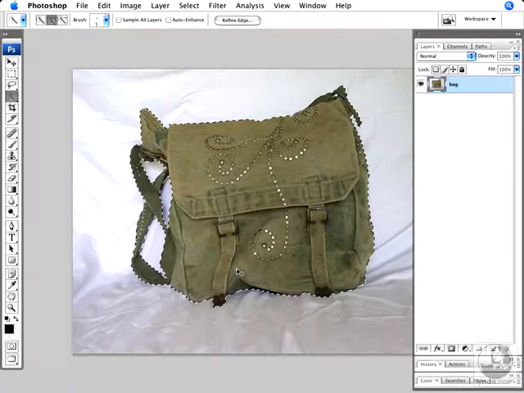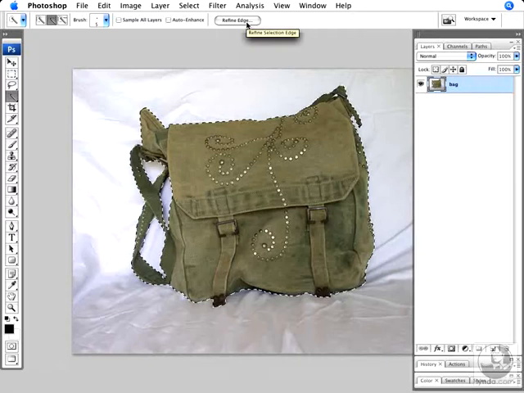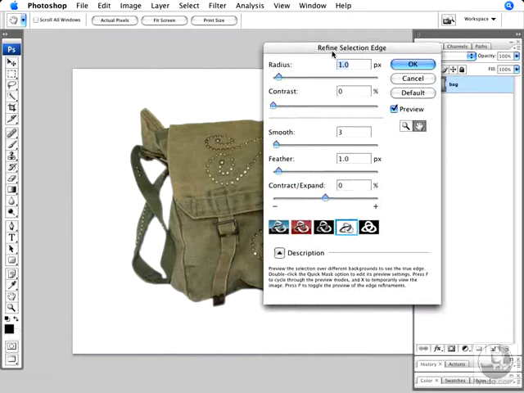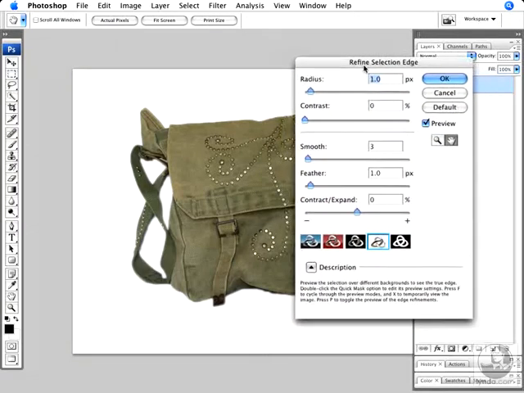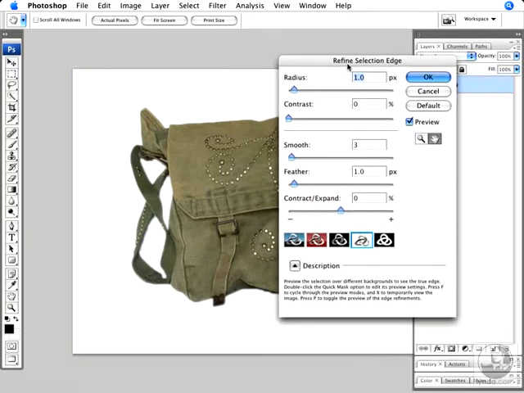And kind of part two about this video is this other new feature that's available not just for the Quick Selection tool, but for all the selection tools. Once you have a selection started, there's a button here called Refine Edge in the Tool Options bar, and it's really, really handy. What this lets you do is preview your mask or your selection before you move on to do something else with it.